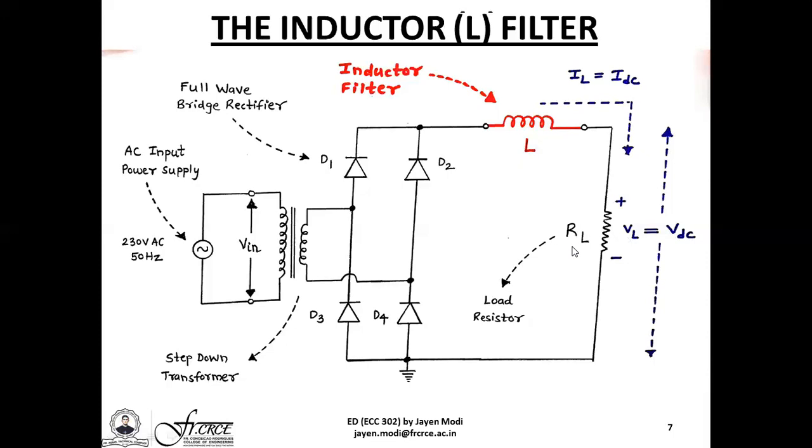So when you sketch the entire circuit, always make it a point to draw the 230 volts AC 50 Hz input power supply first, followed by its connection to the transformer primary winding and labeling this voltage as Vin. Then the secondary winding of the step down transformer is connected at two specific points of the full wave bridge type rectifier circuit at diodes D1, D2, D3 as well as D4. Starting from the topmost node, we need to draw the inductor L, and in series we need to draw the load RL.